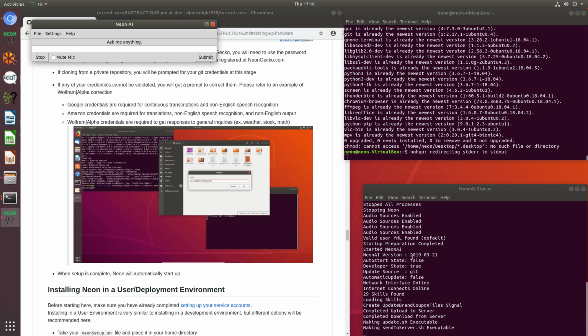and then it'll give us some nice debugging information like what version it's running on. Neon 2 releases are marked with the date of release. And then we also see if auto start is enabled, if developer mode is enabled, where our updates are coming from, if our updates are coming automatically. It'll check if we have a network interface available and if that interface can connect to the internet,